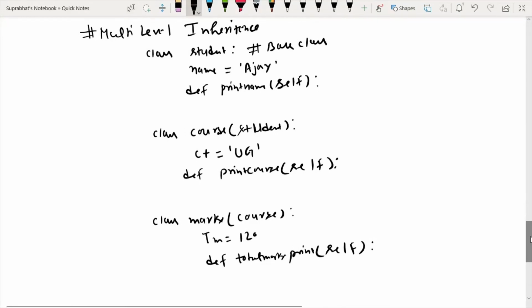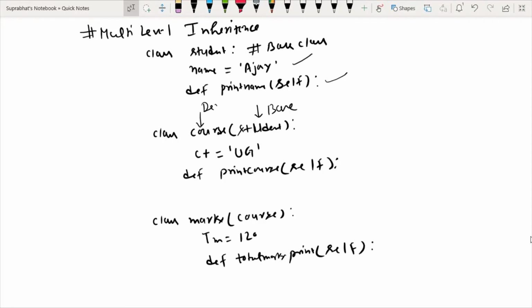In the first level we have created the student base class, and it has a name property and a method. This is the name and this is the method. In this derived class course we have this base class, and this is the derived class.